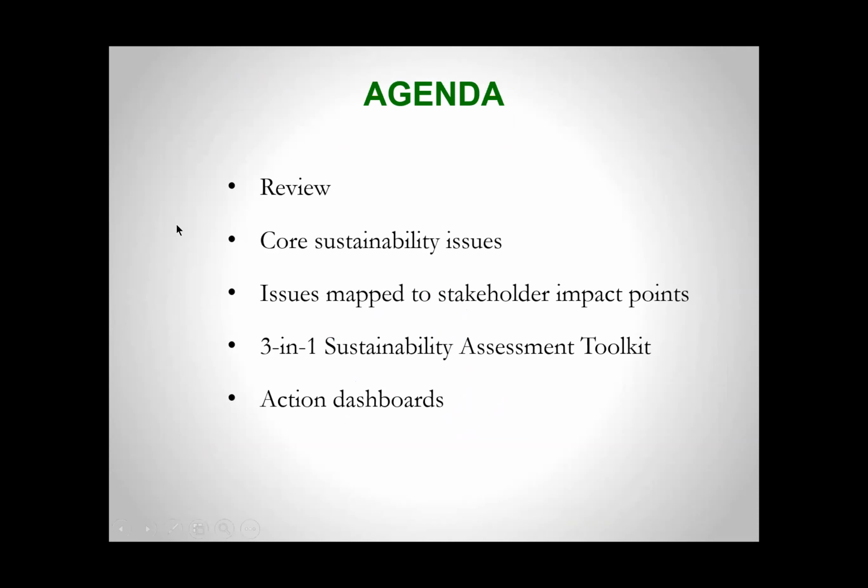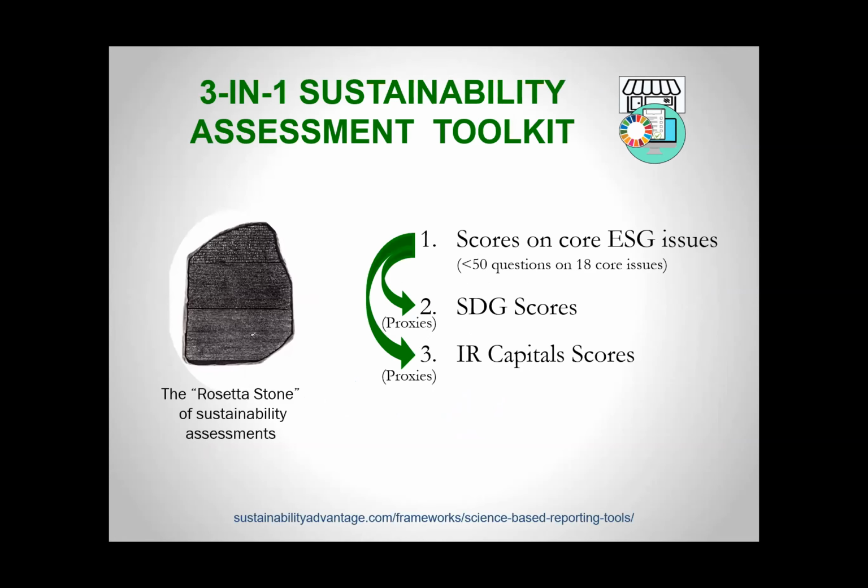Okay, so we mapped the issues to the stakeholder impact points. Now let's get to this assessment stuff and talk about how the heck we figure out how they're doing on these things. So the basic toolkit, this is an Excel, it's a free open source Excel spreadsheet. My intent is to have it converted into an online questionnaire, the kind of questionnaire that you folks are using, which I think is brilliant. But I don't have the funding to do that yet. So sometime in the next year that should happen, but not yet. So right now it's an Excel spreadsheet.